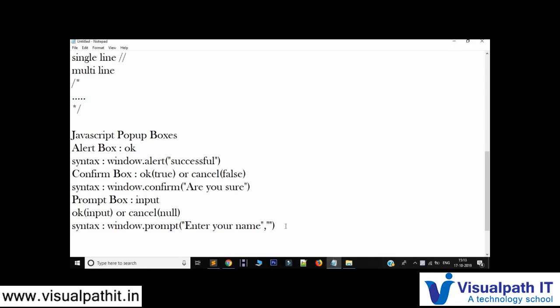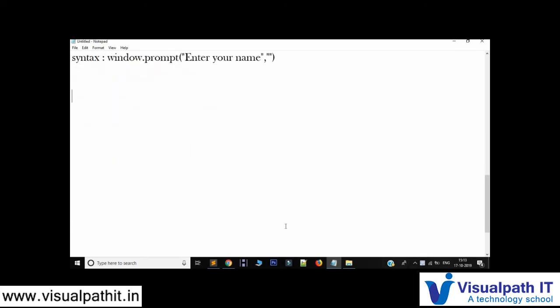Okay, now let's see what are JavaScript variables, operators and arrays. So we are going to cover these three now. This is the first one. The second one is the JavaScript operators. And the third one is arrays. So we'll learn about these, their syntax and everything. Now let's go in depth on variables.